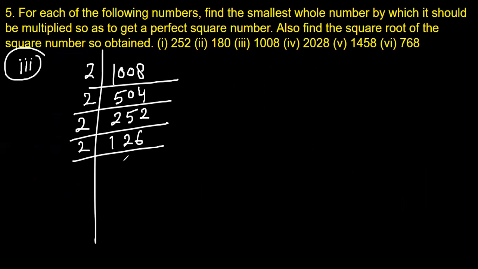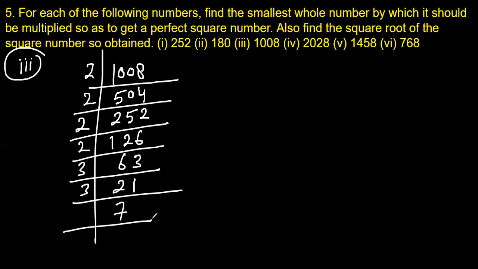One more time, 2 6s are 12, 2 3s are 6. Well, now it's divisible by 3, 3 2s are 6, 3 1s are 3. One more time, 3 7s, and now 7, and you get 1. So prime factorization of this number